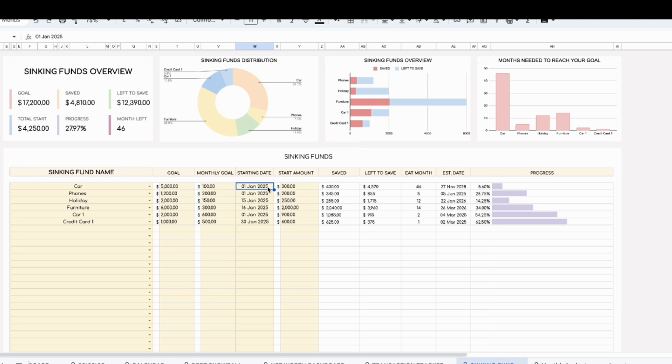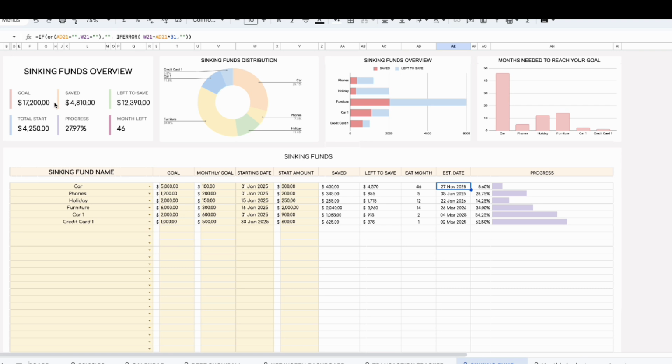As you add transactions to the Transaction Tracker, the data on the Sinking Funds sheet will automatically update and recalculate based on the new information. The end date is only an estimate calculated from the data you entered, such as how much you plan to pay monthly. If you end up paying more than you planned, the information will update accordingly to reflect the extra